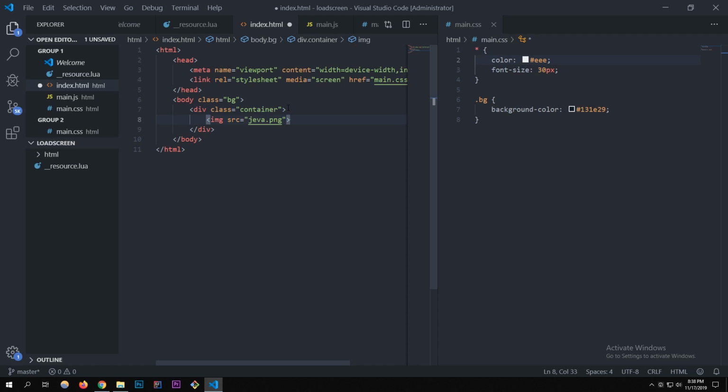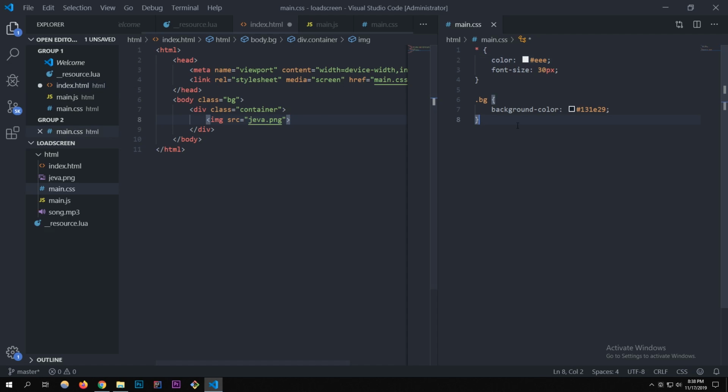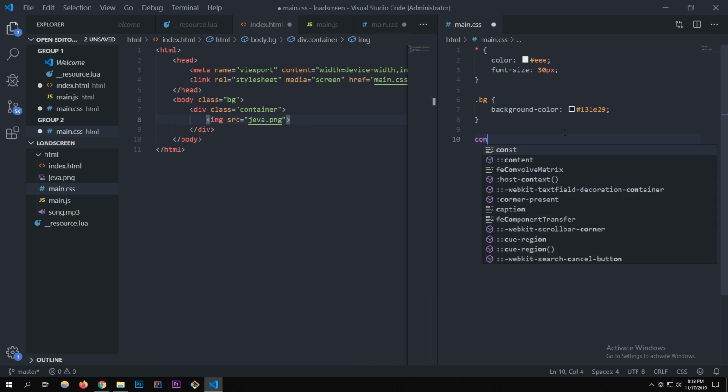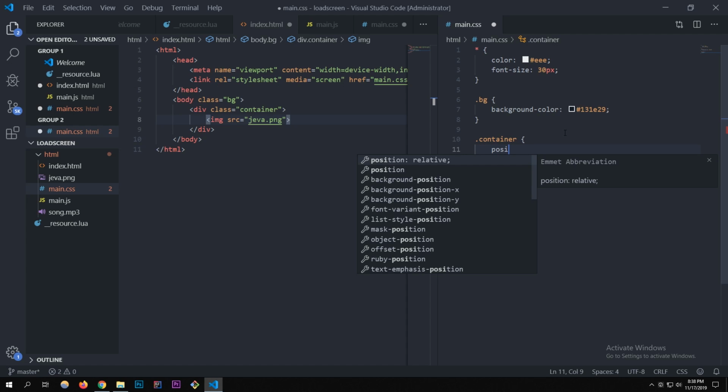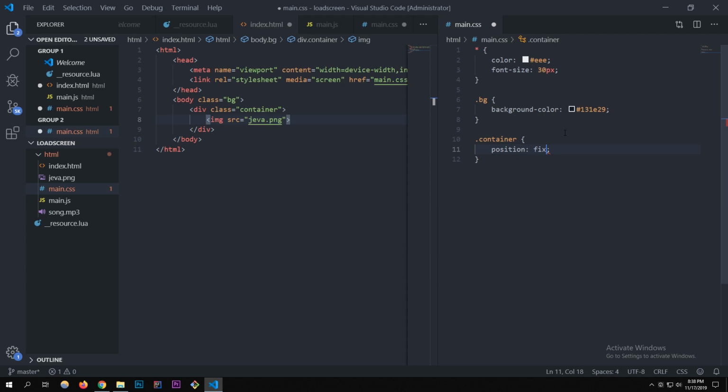That's just gonna be giving us that little picture, or we're gonna make it the picture in the middle of the screen to make it like an actual load screen. So now I'm gonna define container. Container is gonna have position fixed, top 50%,